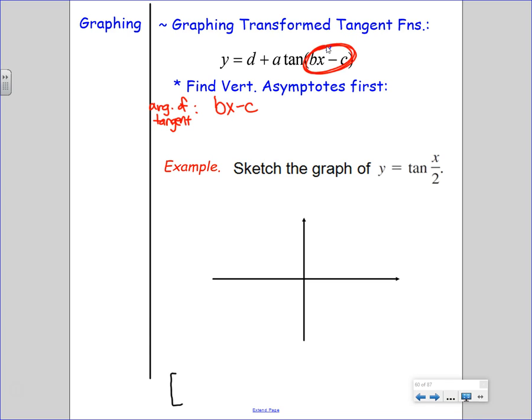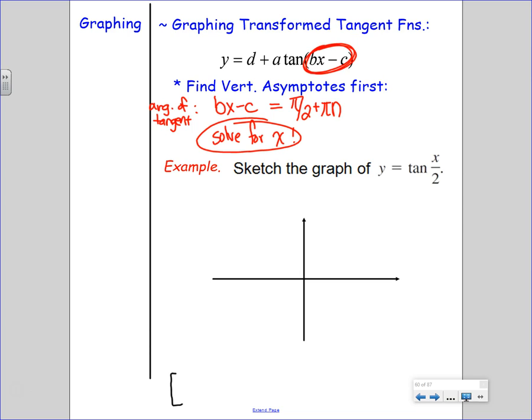Take all of the stuff that's inside tangent and set it equal to what the vertical asymptotes are that we just wrote down in our table. And then you're going to basically solve